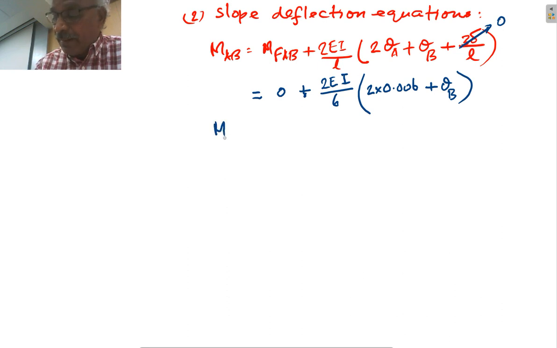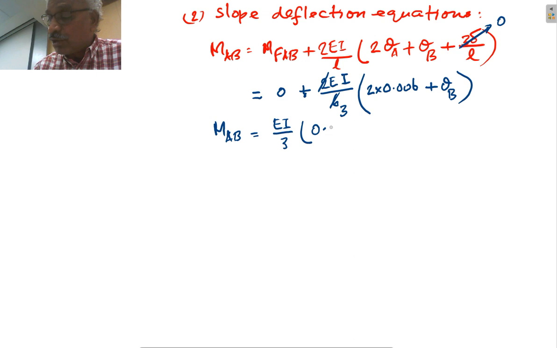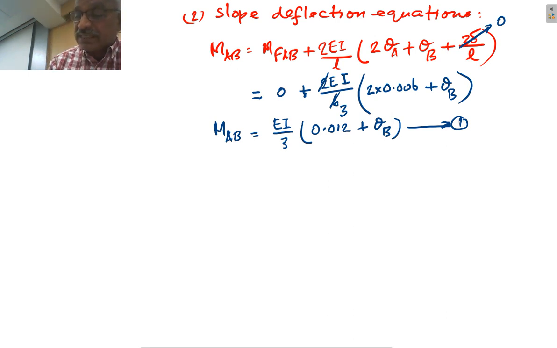So MAB equals 2EI by 6. That also we can simplify. So 2 and 6 can be simplified to 1 by 3. Therefore what you can say is EI by 3 into 0.012 plus theta B. This is equation number 1, slope deflection equation 1. Next, MBA equals